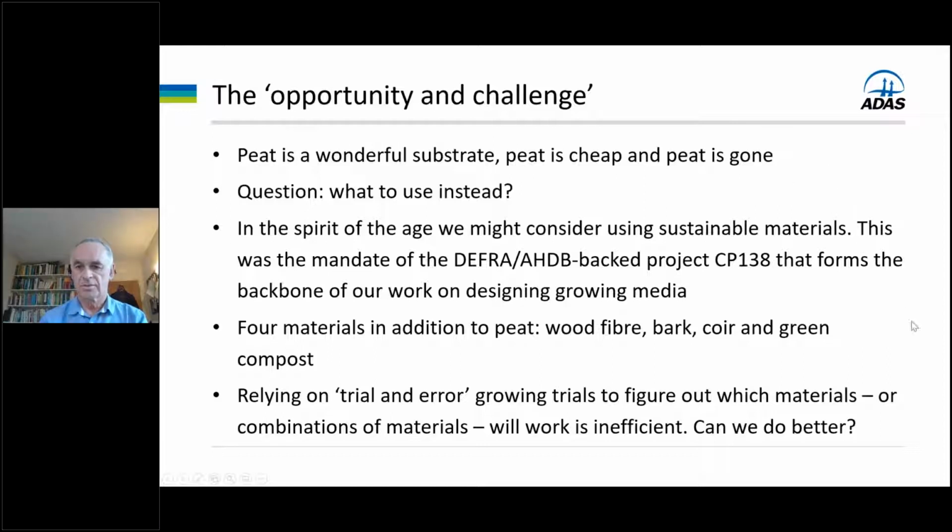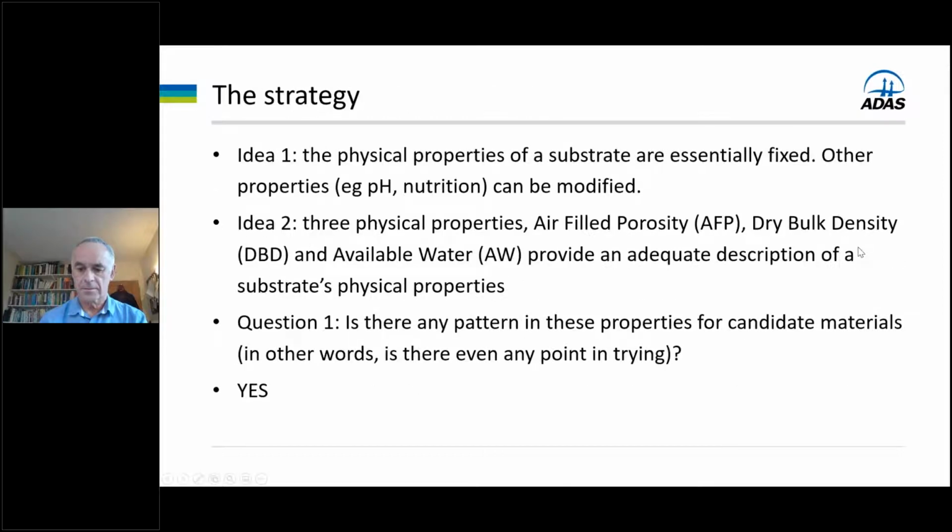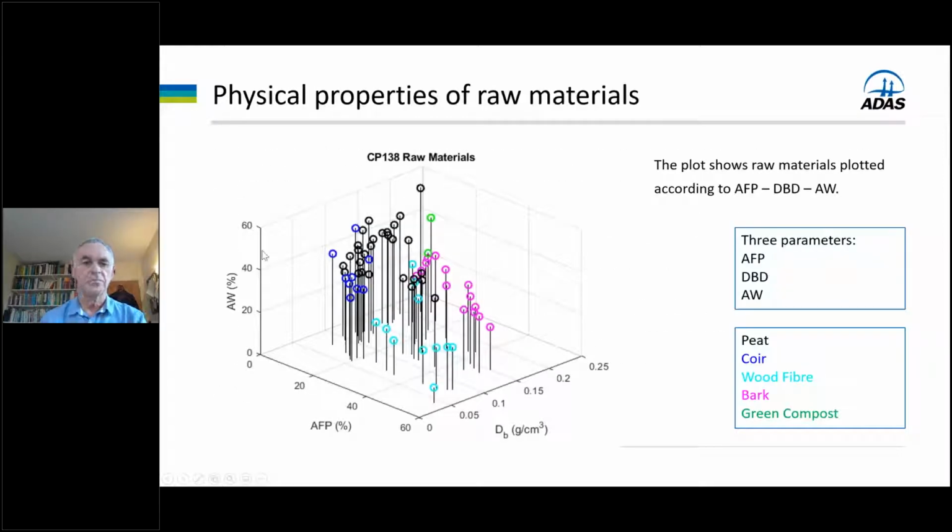So I seem to have no power to move my slide. Okay, so